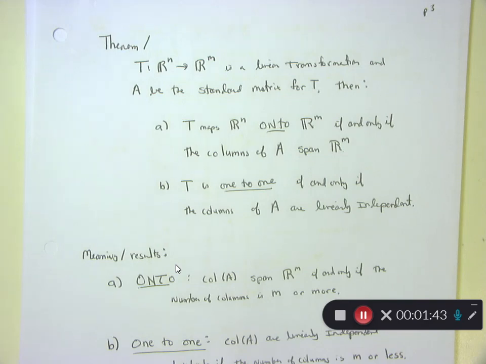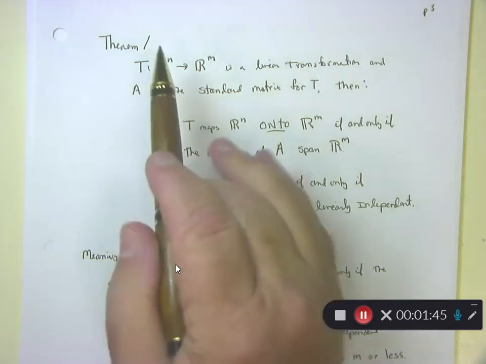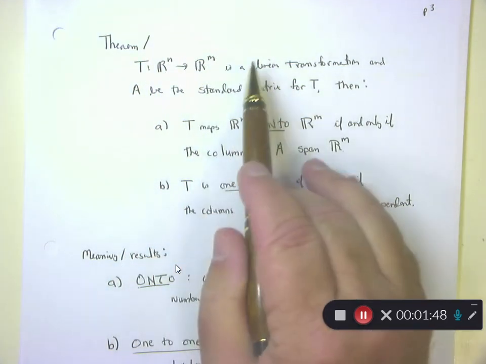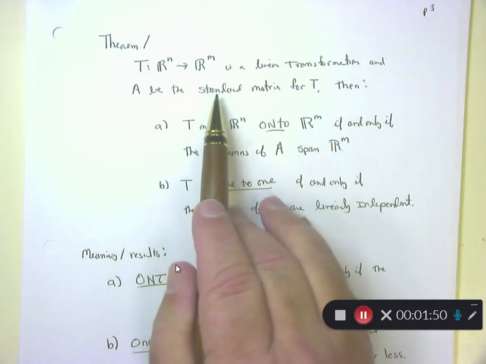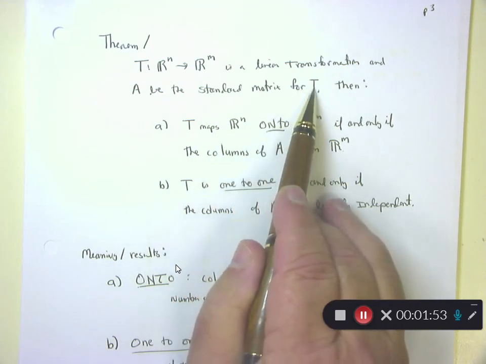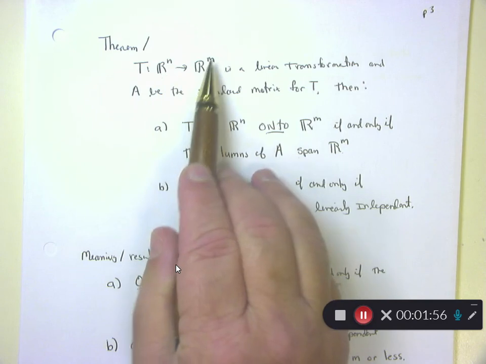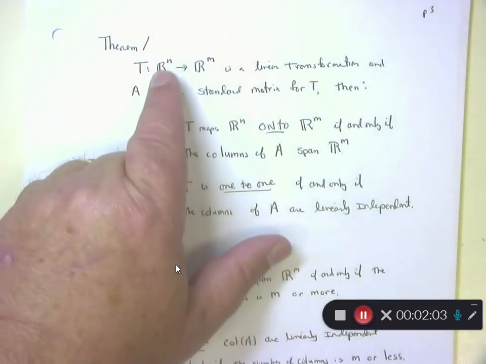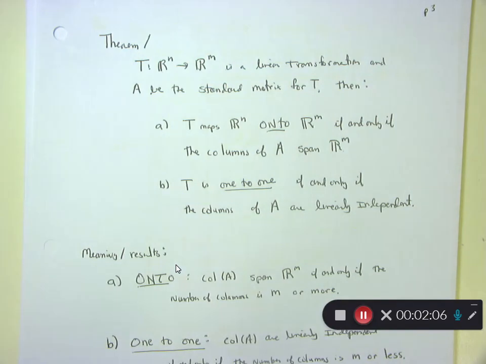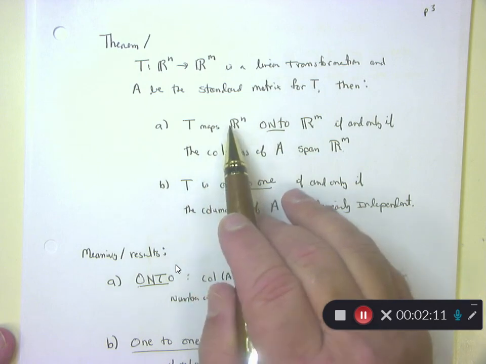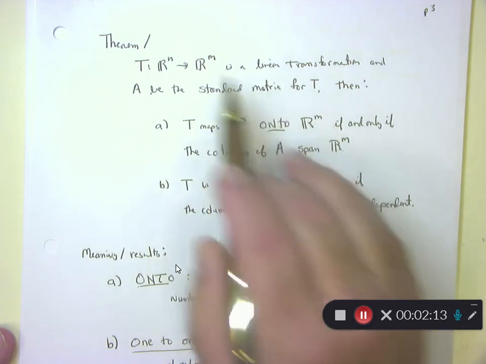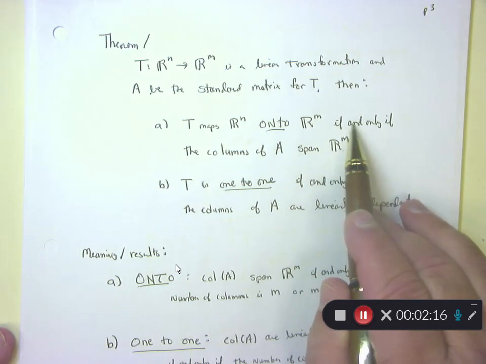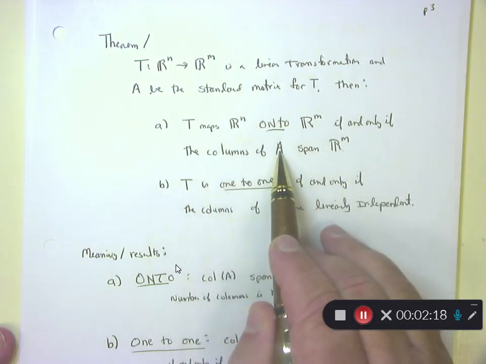Here's the theorem. It says let T go from Rn to Rm be a linear transformation, and let A be the standard matrix for T. So if you're going from Rn to Rm, any linear transformation can be written as a matrix, and the size of that matrix is going to be m by n, how the system is set up with your classic mapping. Okay? Part A says this. T maps Rn onto Rm, so we're going to be onto Rm, if and only if the columns of A